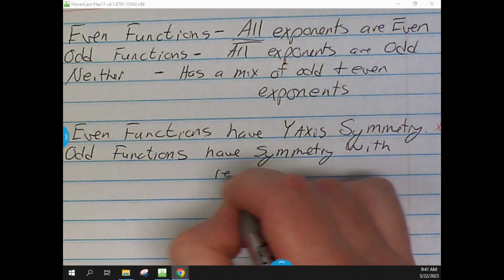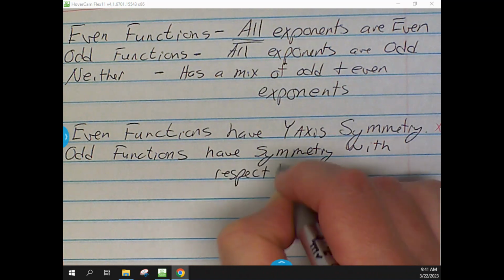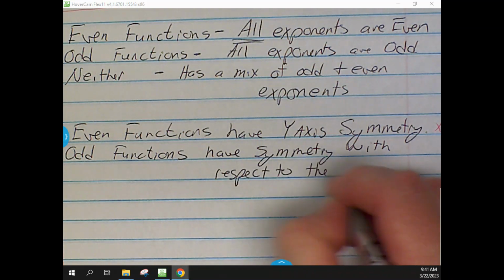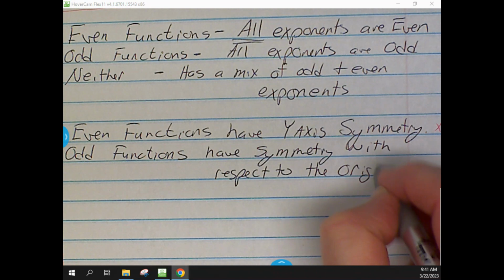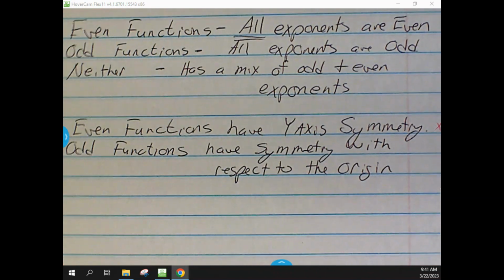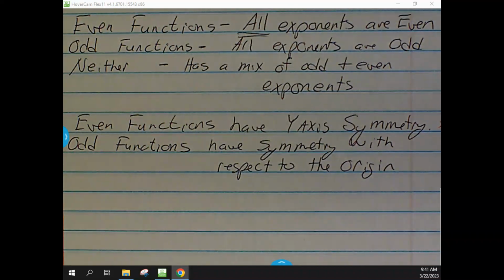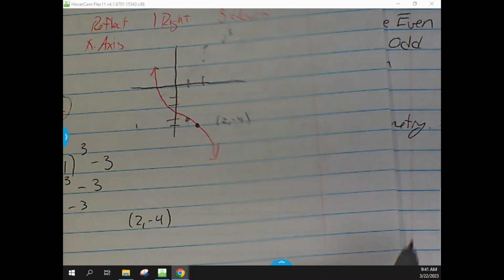This was not quite as easy. With respect to the origin. But that's your x to the third, your x to the fifth. Even slope in that case would be, if you think about slope, if you go back to x, just y equals mx plus b, that if you're doing x to the third,